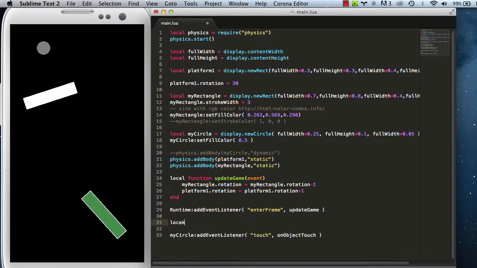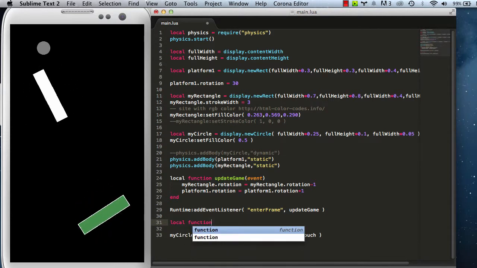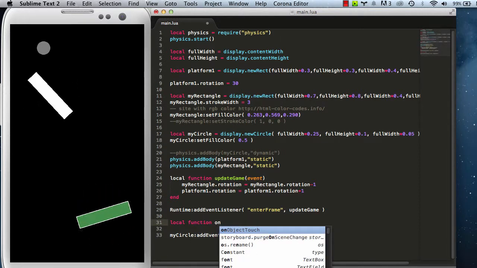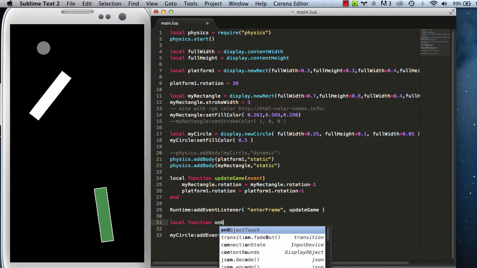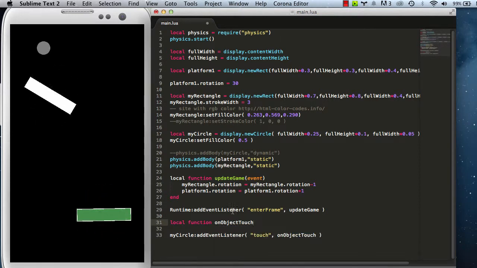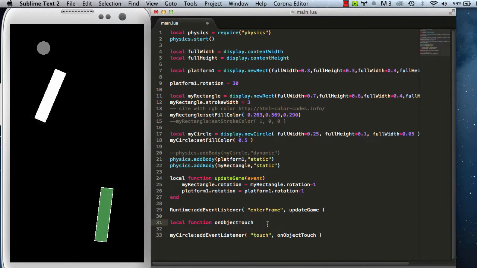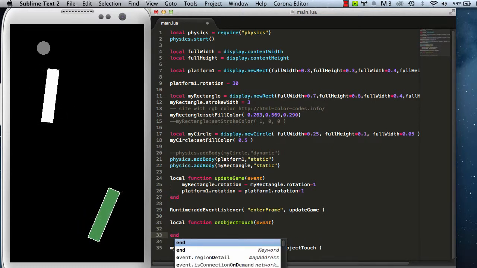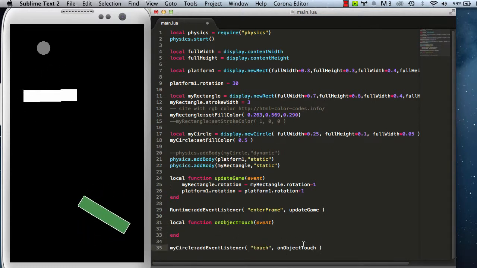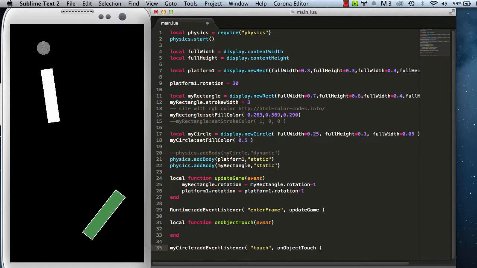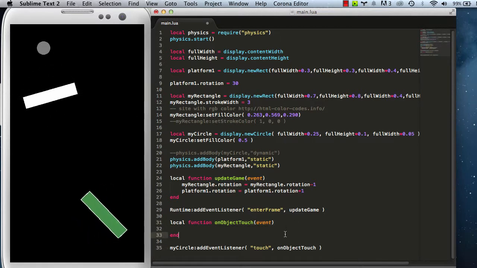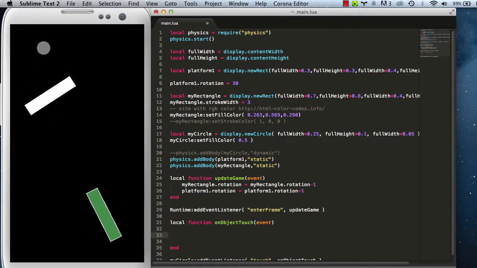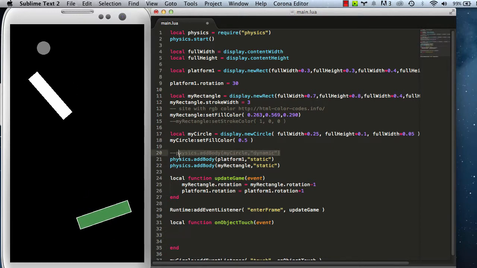So let's type local function, and the name of that function is going to be called on object touch, which is exactly what we've got here. And then we're going to open up the brackets, and we're going to type event, and then we're going to type end. So now every time you touch my circle, it calls this object. So what are we going to do? What we're going to do is we're going to have this line of code in here,